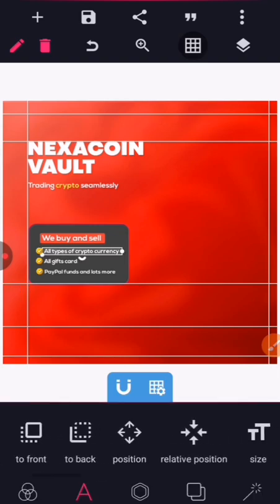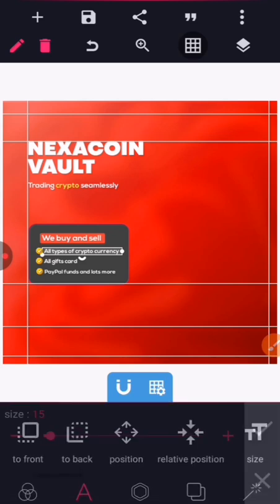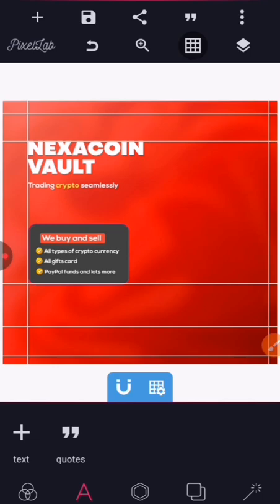Note it must be almost the same. Your design must be almost the same. Look at the size of the text, size 15. You get it now. So let us add